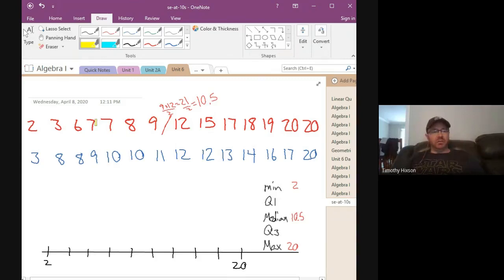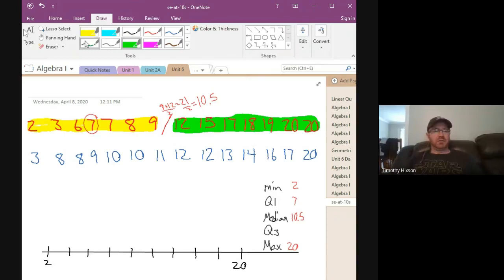Now I'm going to look for Q1 on the left side. Because I have an odd number of data points, there's 7 here, so the 4th one is going to be my Q1. So Q1 is 7. And over here on the other side, we have 7 pieces of data as well. It looks like I have more, but that's just because these are 2-digit numbers, so it took me more space to write them in. So again, since there's 7, the Q3 is going to be the 4th piece of data,